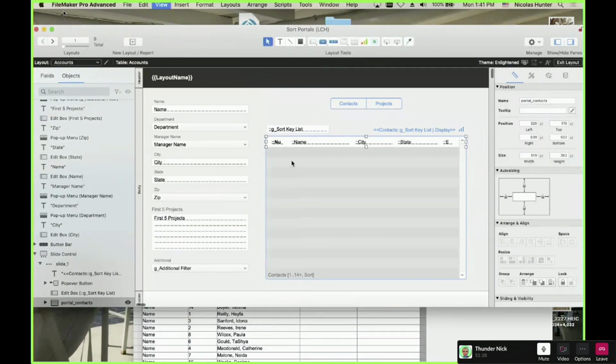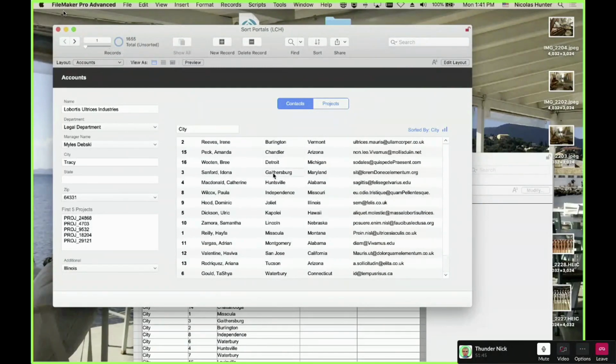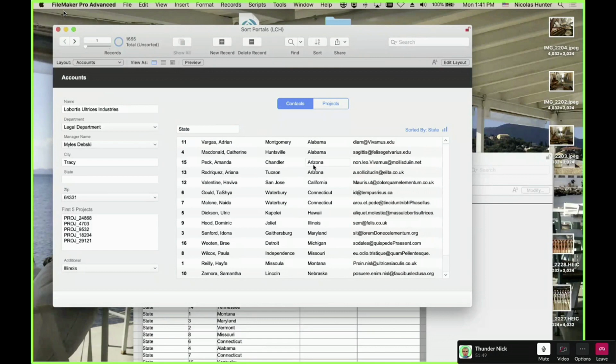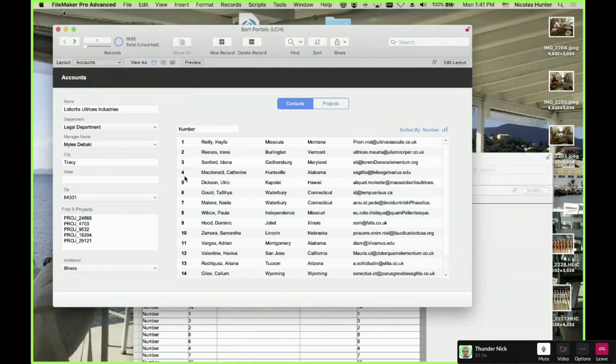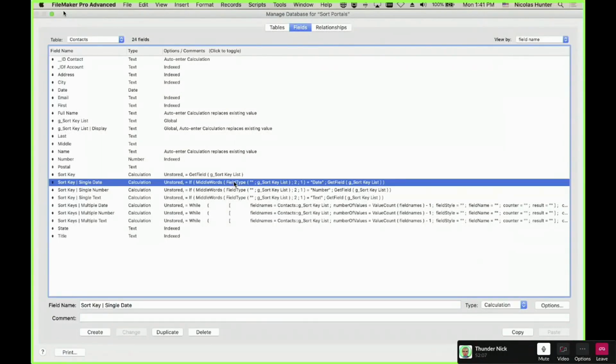Okay. So now, demonstration. I want to sort by, no problem. B, C, D, G works fine. I want to sort by state. A, C was fine, and I want to sort by number. 1, 2, 3, 4, 5. Capiche? So thanks to this technique here with the combination of the get field and the field type, you can